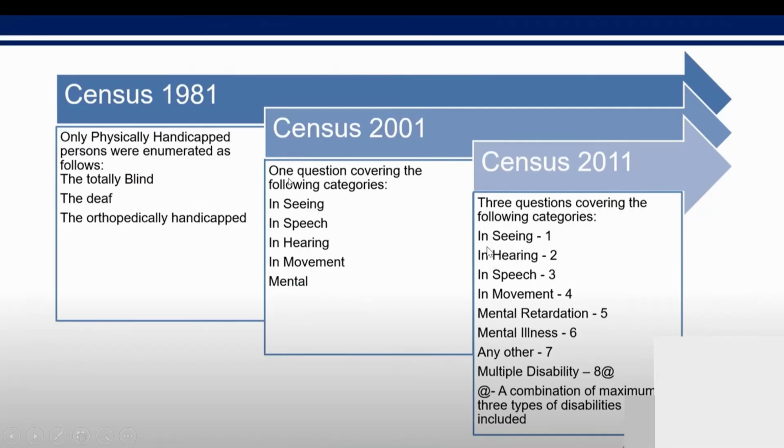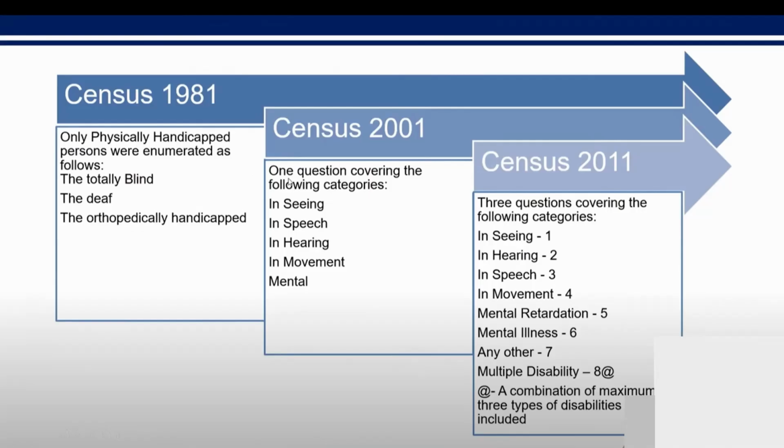According to the 2011 census, three questions covered the following categories: in seeing, one; hearing, two; speech, three; movement, four; mental retardation, five; mental illness, six; any other, seven; multiple disability, eight. So eight is the combination of a maximum of three types of disabilities included. So after the census 2011,